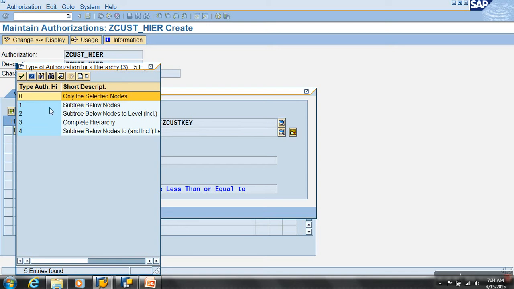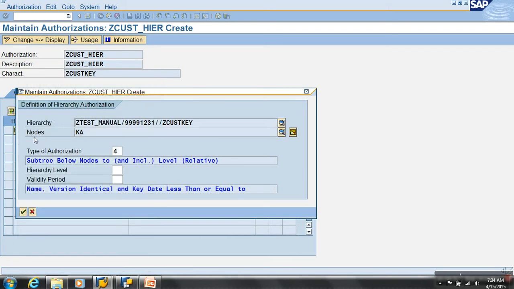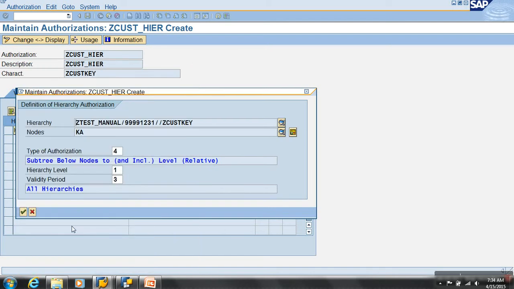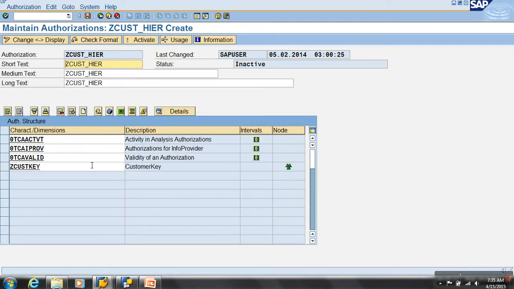Hierarchy level is 1, validity period, name and version identical. All are done. I said this node is what I have access to, okay, save. So my authorization object is ready, activate.